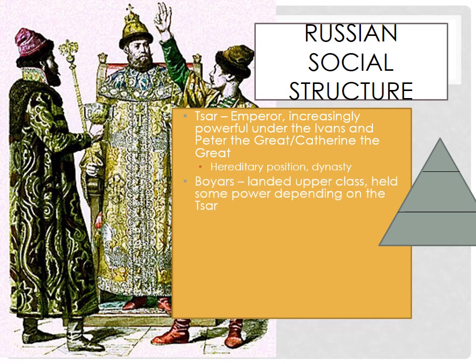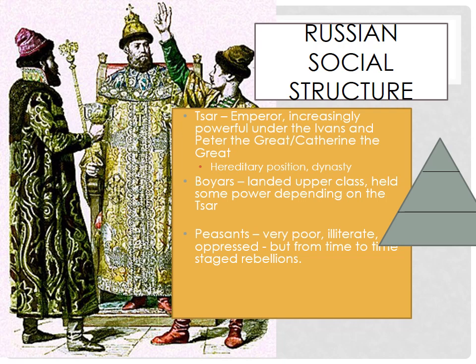Next in the social hierarchy are the boyars, and they own land. They're the upper class. We could use a synonym of the nobility to describe them, and they hold some power depending on the czar. Some czars gave them more authority, some gave them less. It wavered. Also, I encourage you to write this in a triangle so you get an idea and can find it quickly in your notes that it's the hierarchy. Then at the bottom we have the peasants or the serfs.